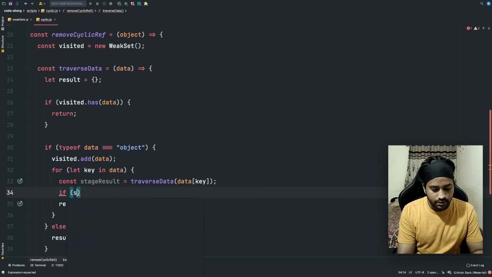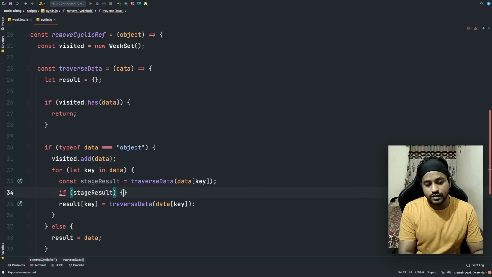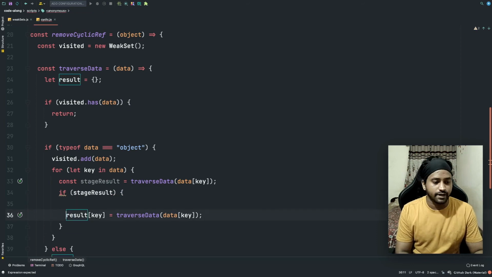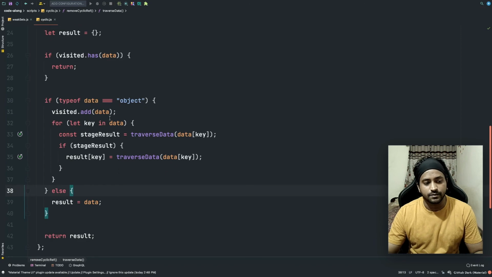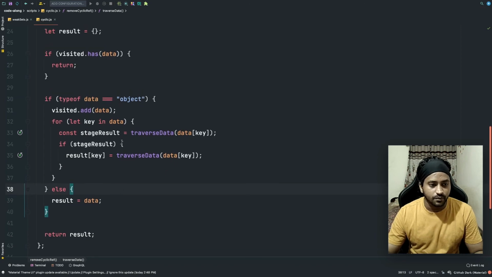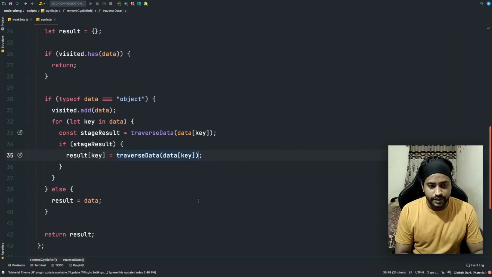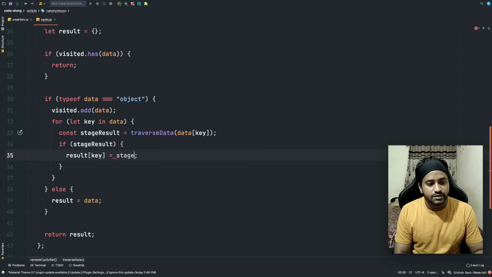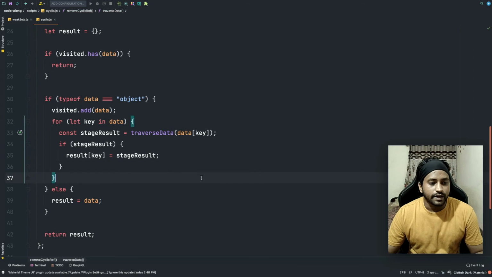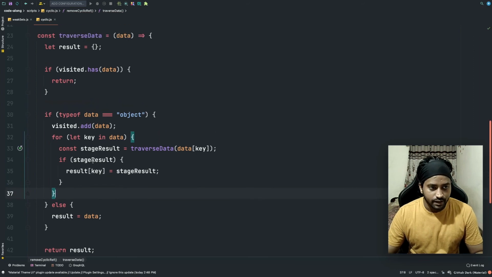So we'll put an if condition on stageResult. If it has a value, then we assign the value, else we go on with our next one. Wait, we need to get rid of this as well. We will call it stageResult. Alright, so now I think we are in a good shape.